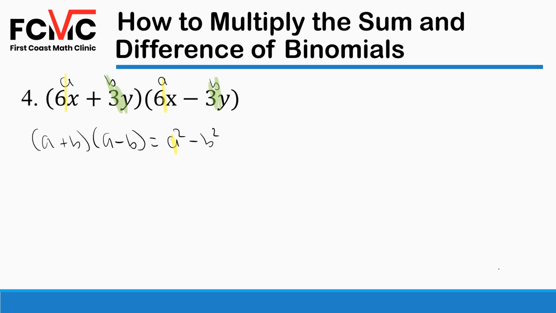We're going to square our B value. So we're going to have 6x squared minus 3y squared. 6x squared is going to give us 36x to the second minus 9y to the second,